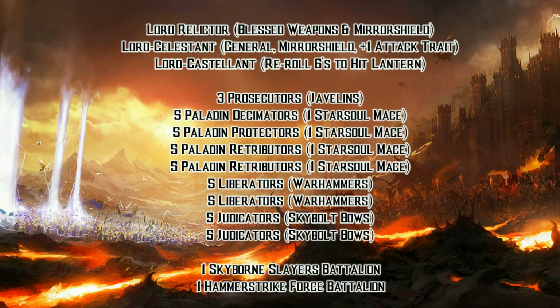He also has a Skyborn Slayers Battalion and a Hammer Strike Force Battalion. So this army is a lot of stuff coming in from reserves. Everything in the Skyborn Slayers Battalion comes in whenever he wants, so that's very reliable, which is very good. And then the Hammer Strike Force Battalion comes in on a 3+ as per the normal Stormcast Eternal Allegiance trait, but if the Prosecutors come in, the other parts of the battalion,